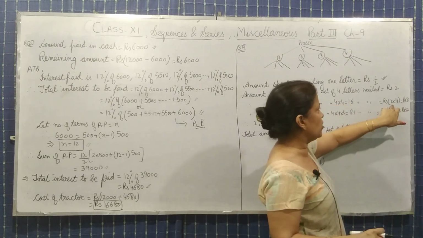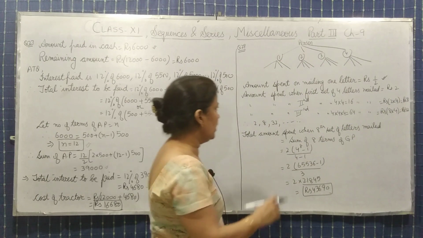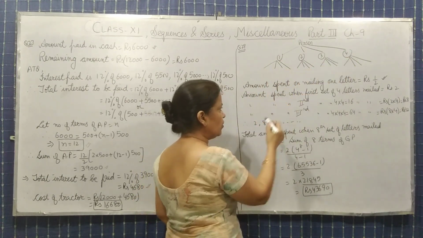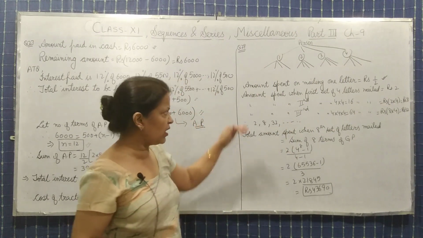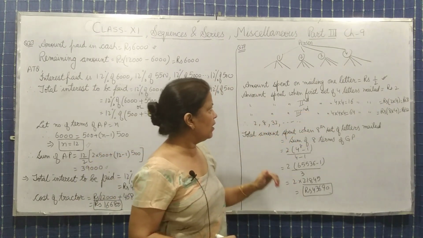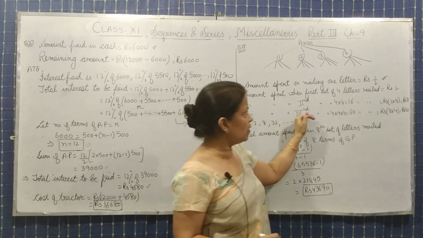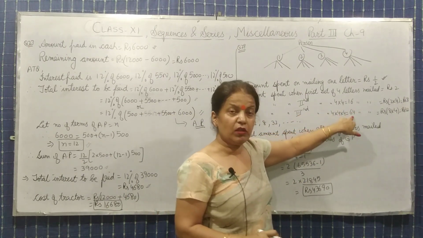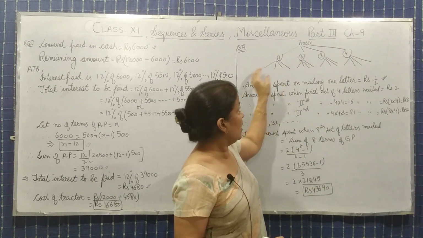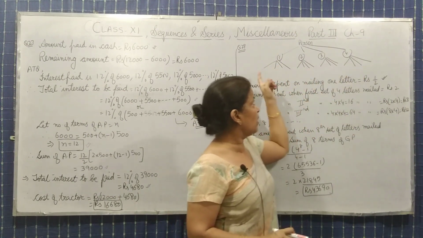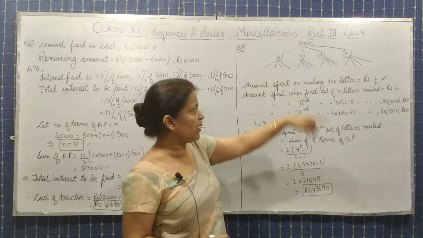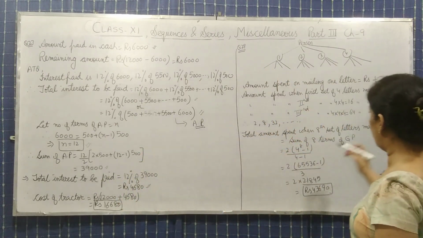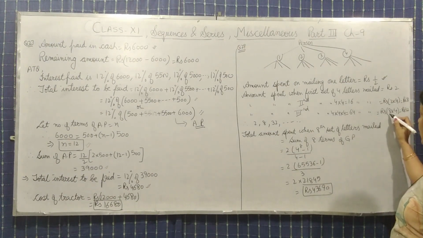So the cost will be 2 into 4, 8. And same way, अब ये आगे 4 letters and so on. So for the third set, the amount to be spent when the third set of 4 letters is to be mailed is 4 into 4 into 4, so 64 letters. ये अब total मिलाकर यहाँ तक जब ये 4 letters आगे mail करेंगे, so it will be 64 letters. So what will be the amount?